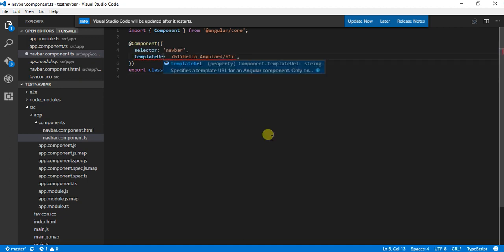I am going to make this template URL and point it to navbar dot component dot html.